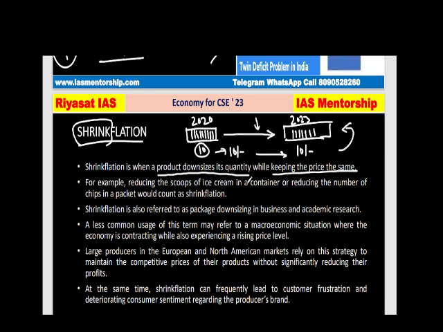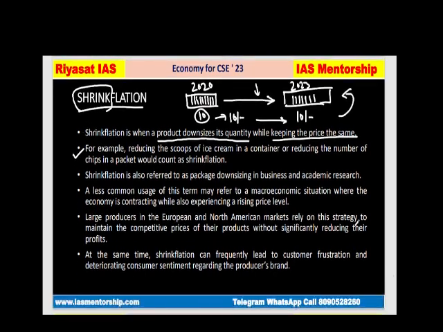That only I have explained here. Clear? Here also the example of a scoop of ice cream is given. You can see. Why basically are they doing it? Because prices of everything have been increasing. Now if I increase the price of this 10 rupee Parle-G biscuit to 15 rupees, people will buy less. But now what shopkeepers are doing to compensate, to balance, to offset it, the price remains the same, the quantity is being reduced.